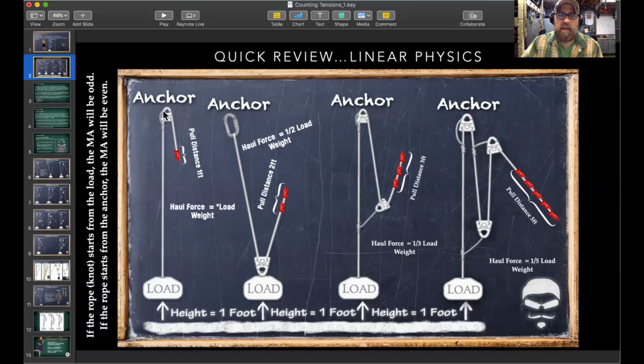Fixed pulleys are very similar in nature to, if we go across the board into, let's say, some of your lifting techniques in technical rescue, that would be equivalent to your class 1 lever, where a moving pulley in this case would be equivalent to your class 2 lever. And if you think about it from a lever standpoint,